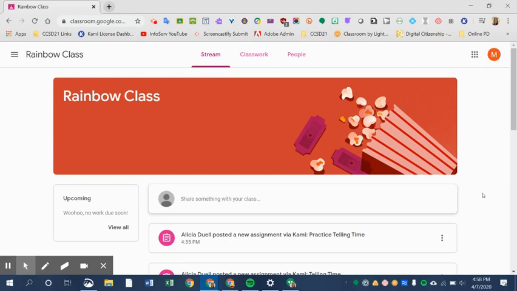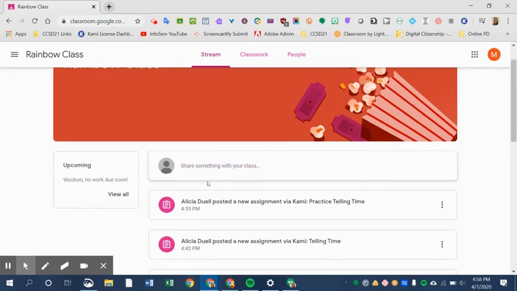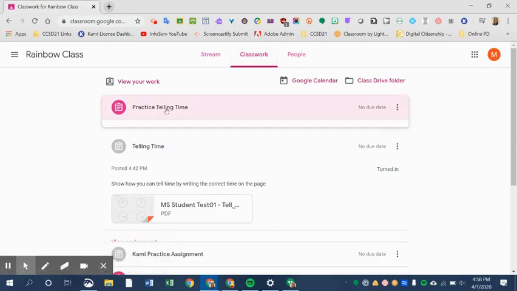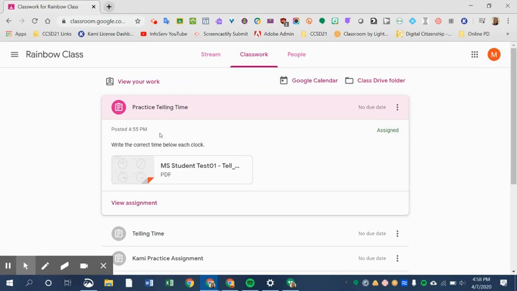So first you will go to your Google Classroom and then maybe you get your assignments in the stream. So here I can see my teacher posted a new assignment via Kami and it's called Practice Telling Time. Or maybe you get your assignments from classwork. However you get your assignments, you will click on your assignment and then you'll see it's attached with something called